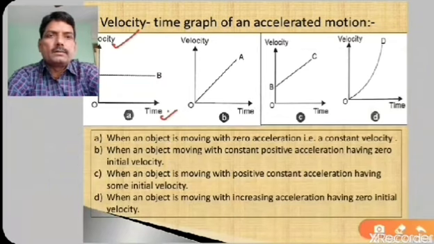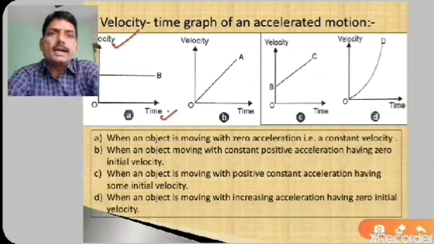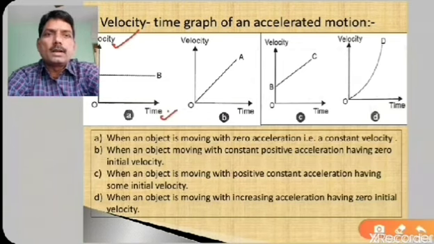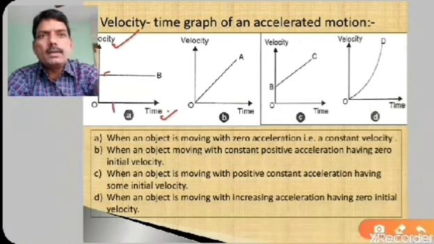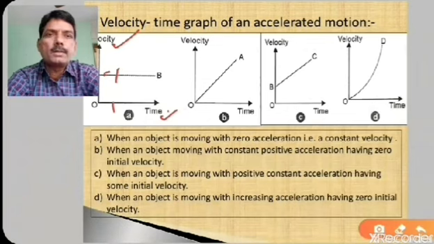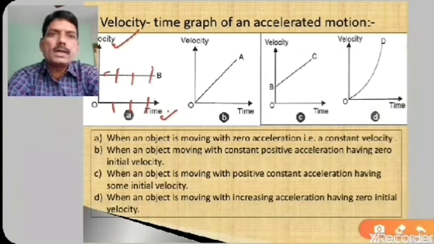Now in the first graph you are getting the same line AB parallel to the time axis or x-axis. Initially, when you start reading, suppose the object is in motion and it has some velocity; that point is your A point here. Suppose the velocity is 40 meter per second, then after 1 minute the object again has velocity 40 meter per second, again after 2 minutes the object has the same velocity, again after certain time they have the same velocity. So you can say that the object is moving with a constant velocity.